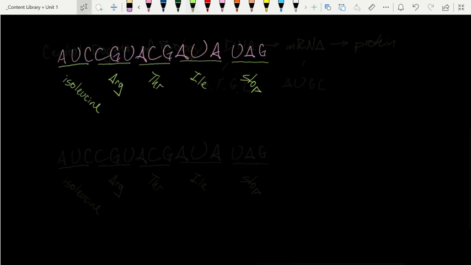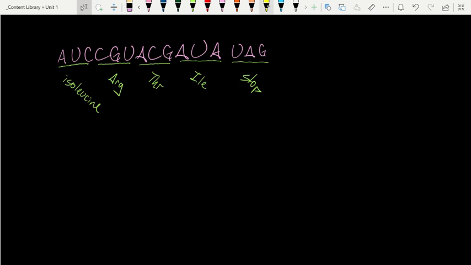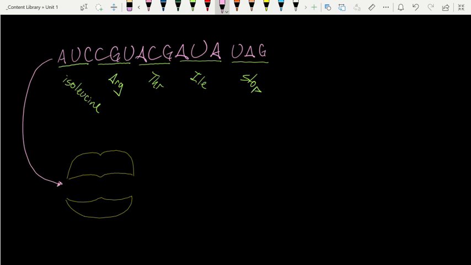translating this protein. The cellular machinery that works on this is a little organelle called a ribosome. And the ribosome kind of comes in two parts, a slightly bigger part and a slightly smaller part. We don't need to know the specifics of that, but the ribosome is what's going to translate or interpret this code. So as this mRNA feeds through this organelle, of course we can appreciate the first thing that's going to come in is this first codon, this AUC,